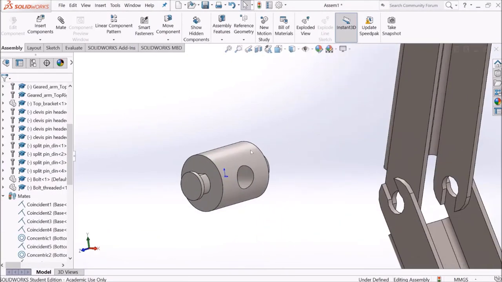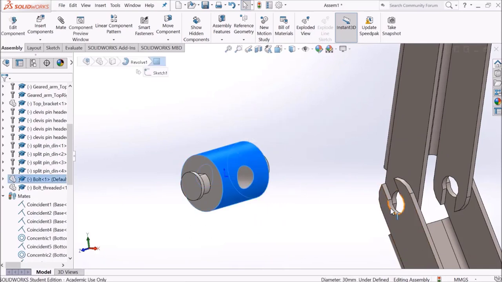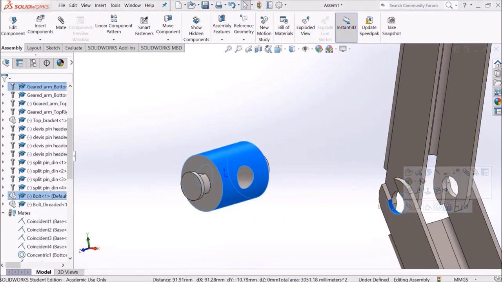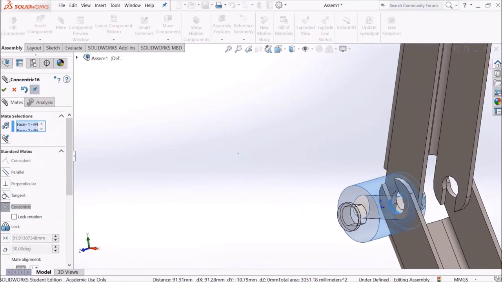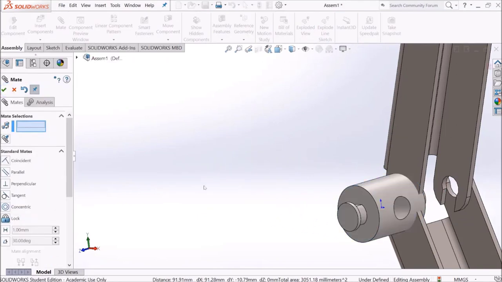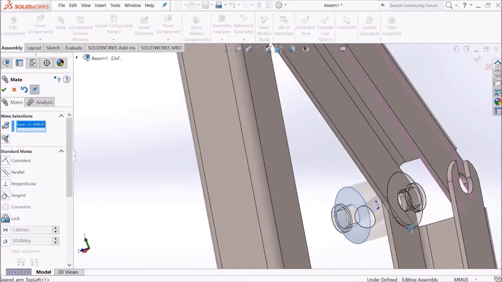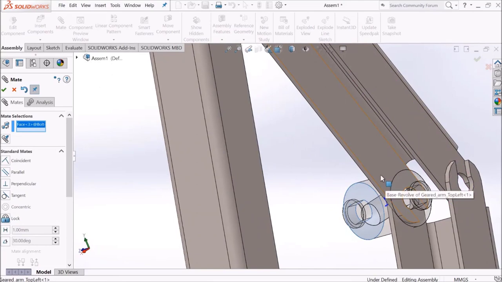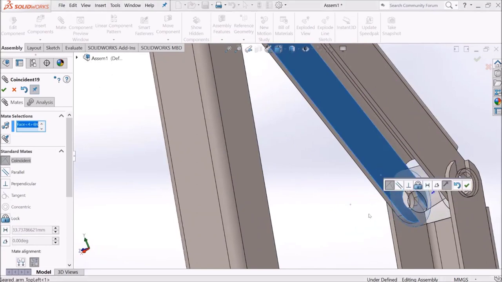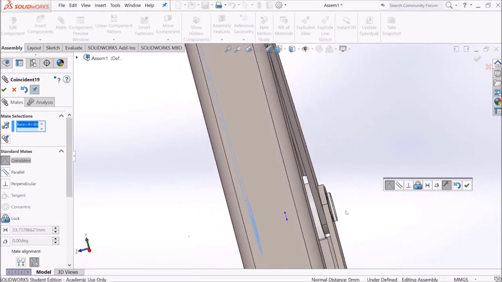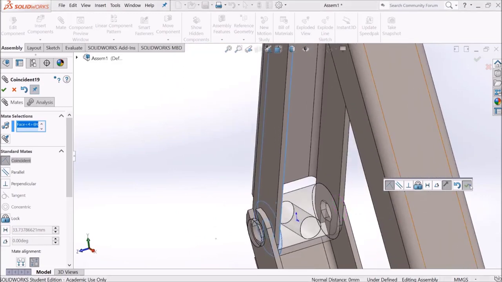Very simple, just use this surface and the curved surface of this hole and use mates, make it concentric, apply OK, use this face here and this face here, apply OK,